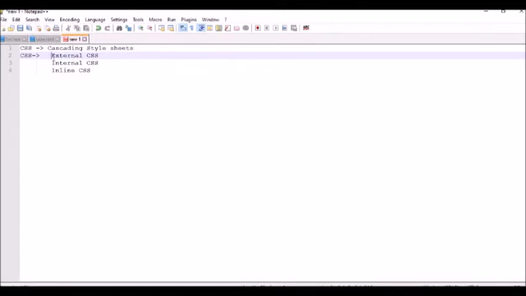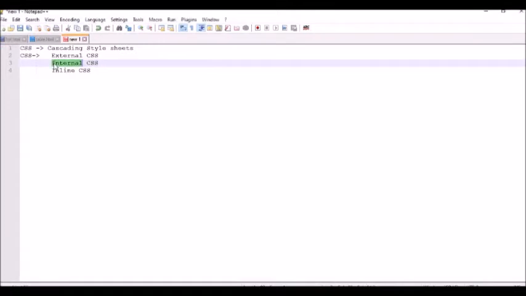So when you are using external CSS, your HTML file and CSS file should be separated, and in your HTML file there should be a link to your external CSS file. Just keep a note of it and we will see in detail during the illustration. For internal and inline CSS, your CSS coding and HTML coding will be in the same file.